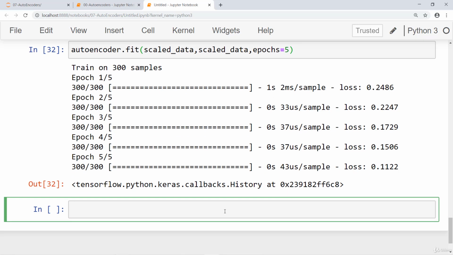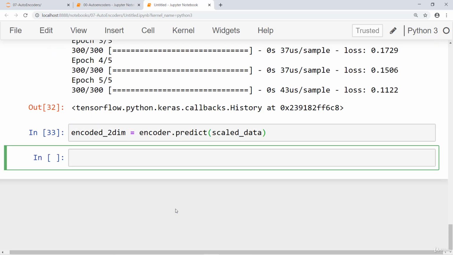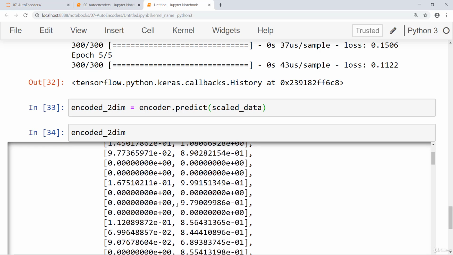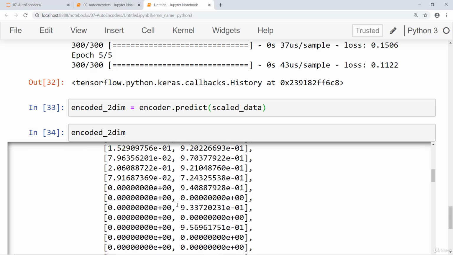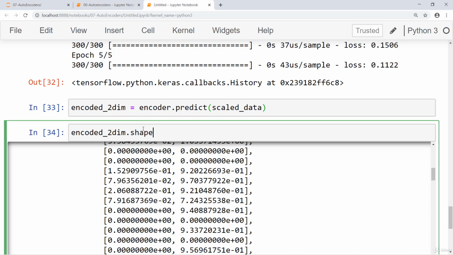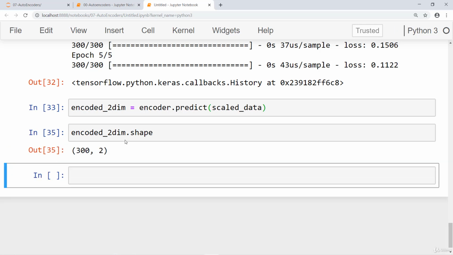And then what we're going to do is we'll say the encoded 2-dimensional version is equal to, and notice here, I'm just going to grab the encoder, not the full autoencoder. So just the encoder section, which goes from 3 to 2, and I'll ask it to predict based off my scaled data. Run that, and now if we check out encoded 2-dimensional, run this, and you should notice some behavior that looks something like this. So if we check out the shape of this,